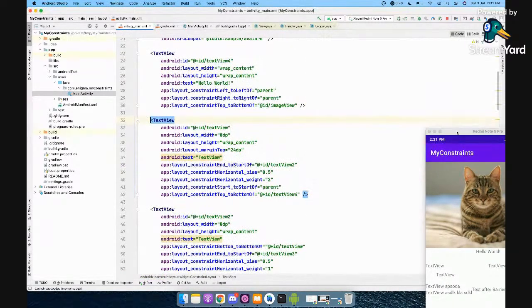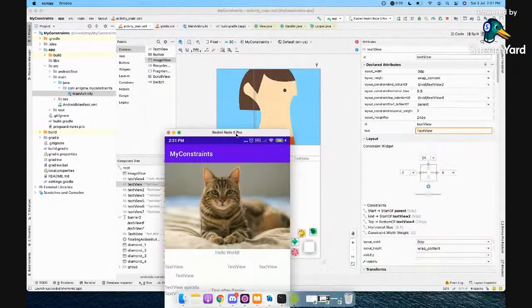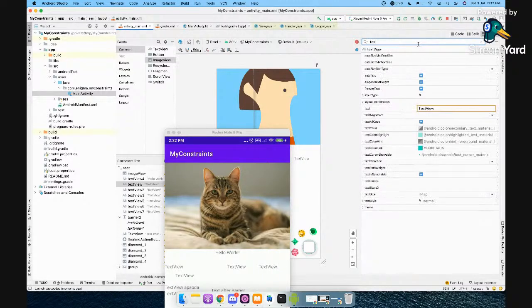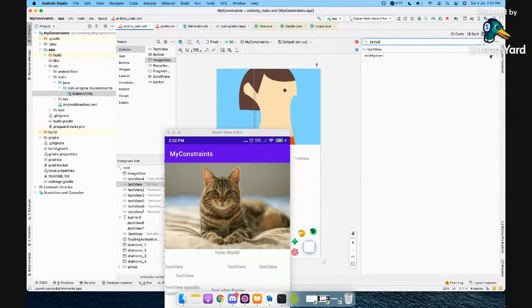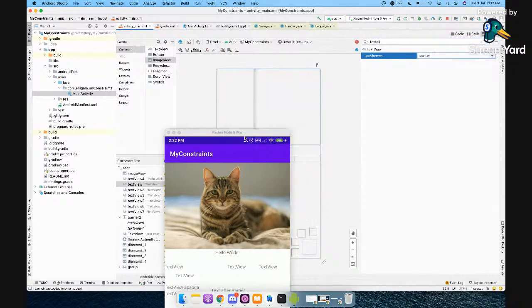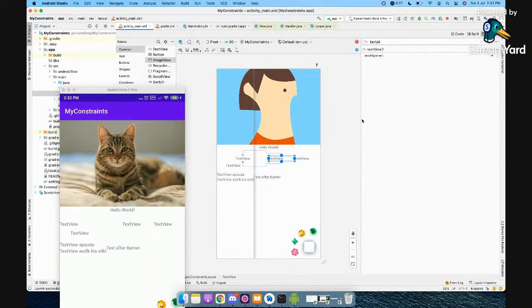Oh, it didn't. So this can be fixed via, let's say, text alignment center. So most of the things can be done from here itself. No need to go into design, but I jump back and forth because as your layout gets complicated, it becomes difficult to manage. But when it is empty, it is very easy to work with this.